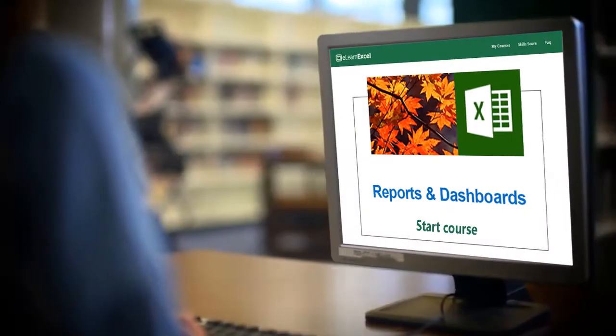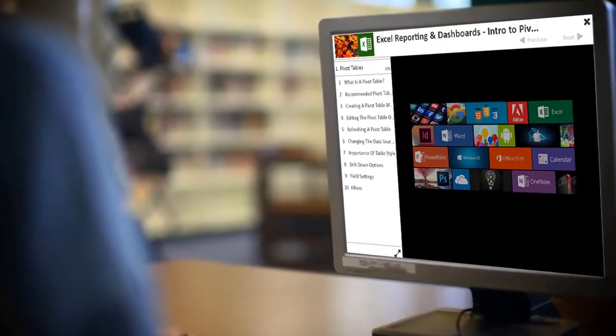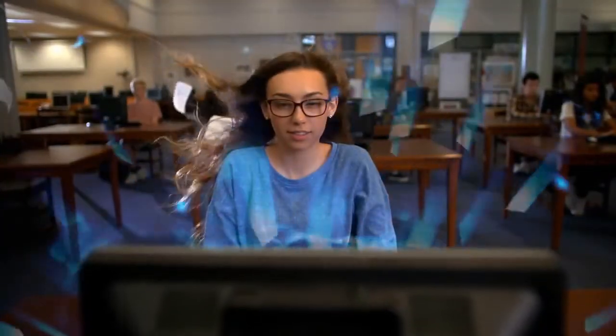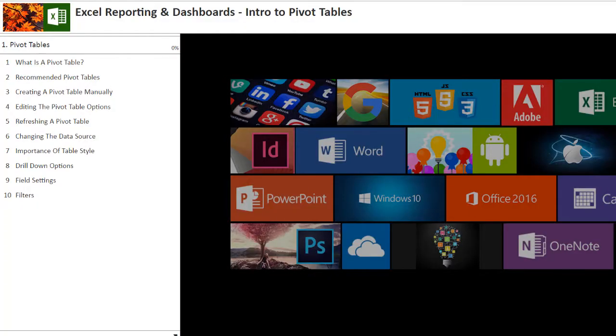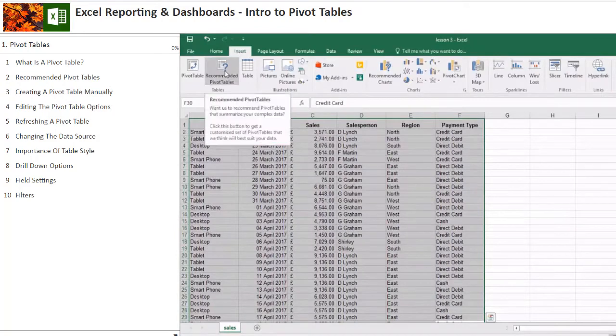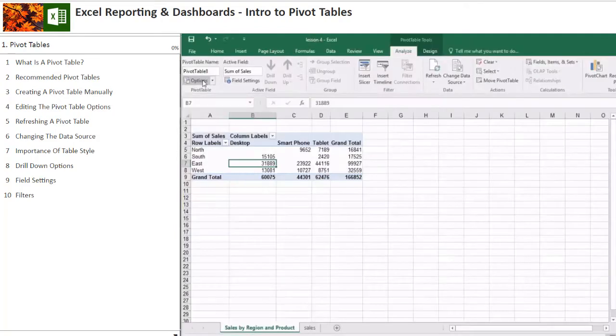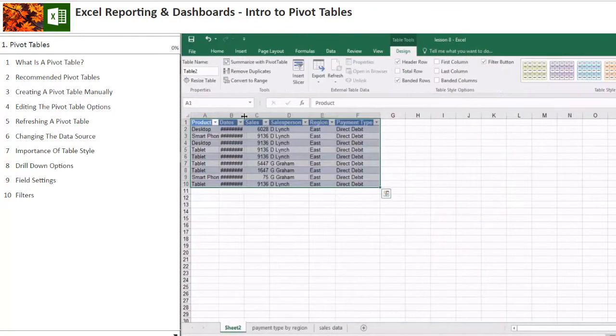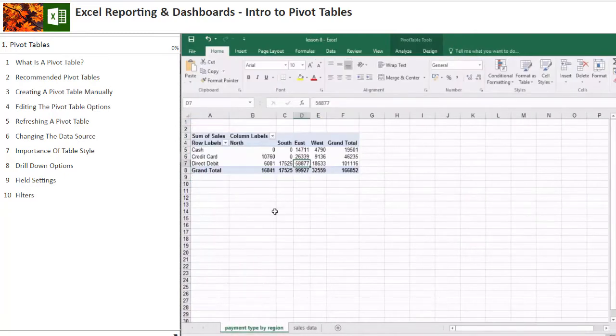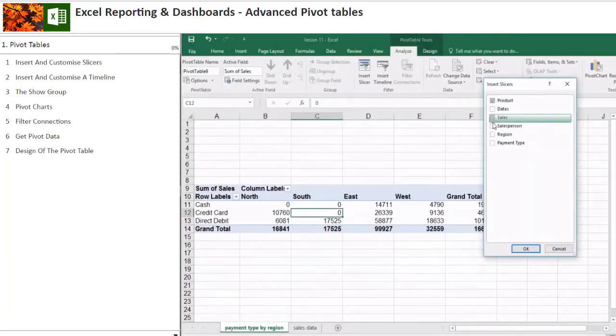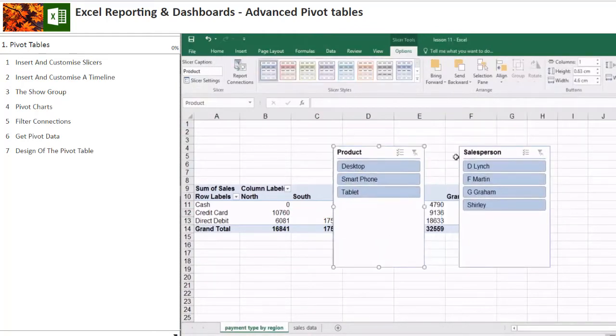right course for you. This Pivot Tables course introduces you to the power of pivots in Microsoft's most recent version. You'll learn how to create a pivot table, edit the many options available, and use drill downs and filters. This course will also go through how to use and modify slicers and timelines, and the use of the Get